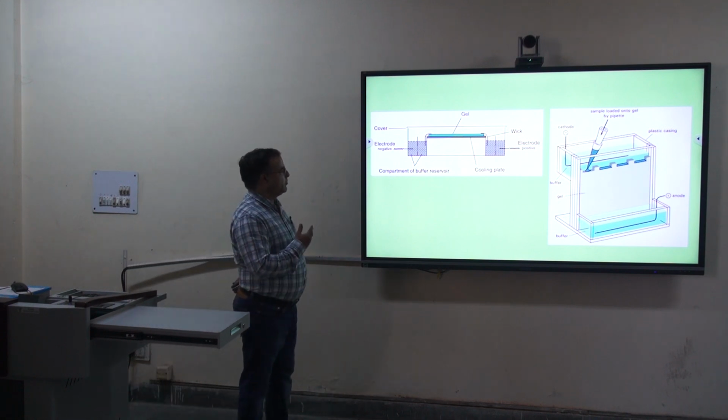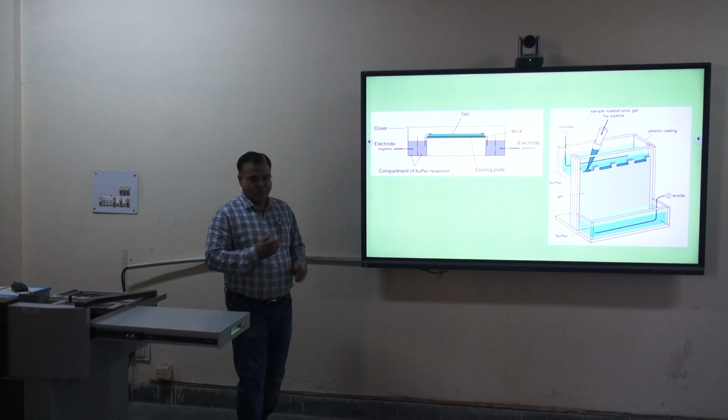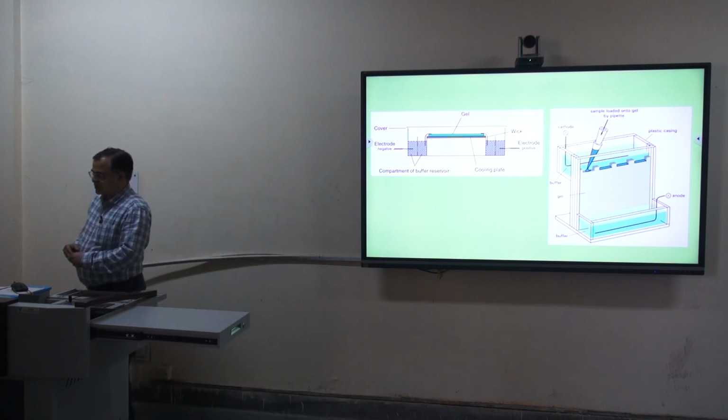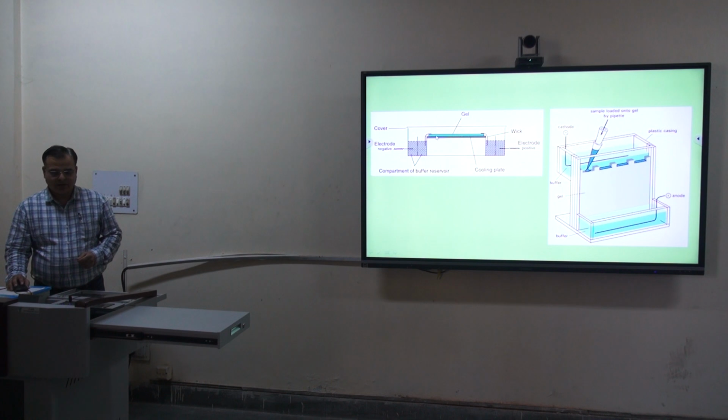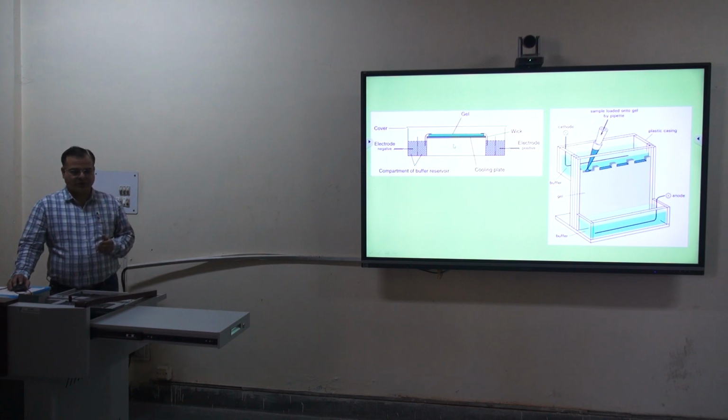The molecule will move towards the electrode which has opposite charge to what is present on the molecule. So the molecules will move depending upon the charge present on them, and they are separated based on different criteria. Suppose we are separating the molecule on the basis of size. The molecules will move according to their size, and they are separated. Suppose we are separating the molecule on the basis of electric charge. So the molecules will move depending upon the charge, and they will move toward their respective electrodes.